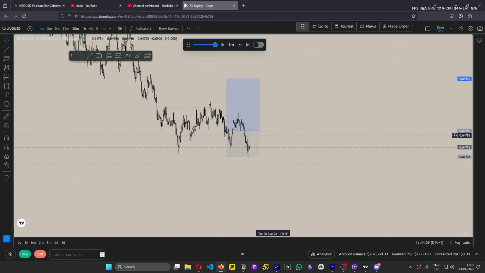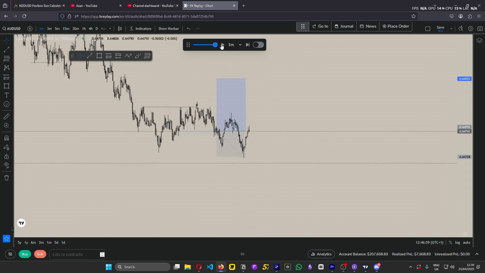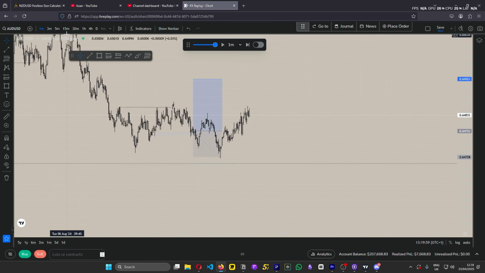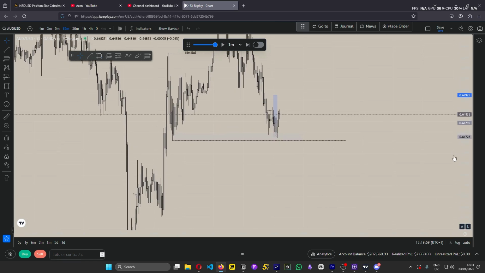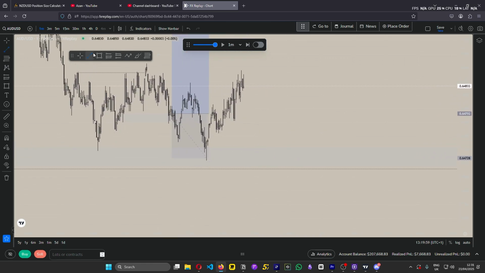Okay, we get... Wow. We get wicked out. That's fair enough. Then what happens then? Are we selling that? Okay. We are. Right there. We just got equal lows. That's nice. We just got another shift up again. We got equal lows there too. Surely now it has to go up. It doesn't make sense for it to go down.